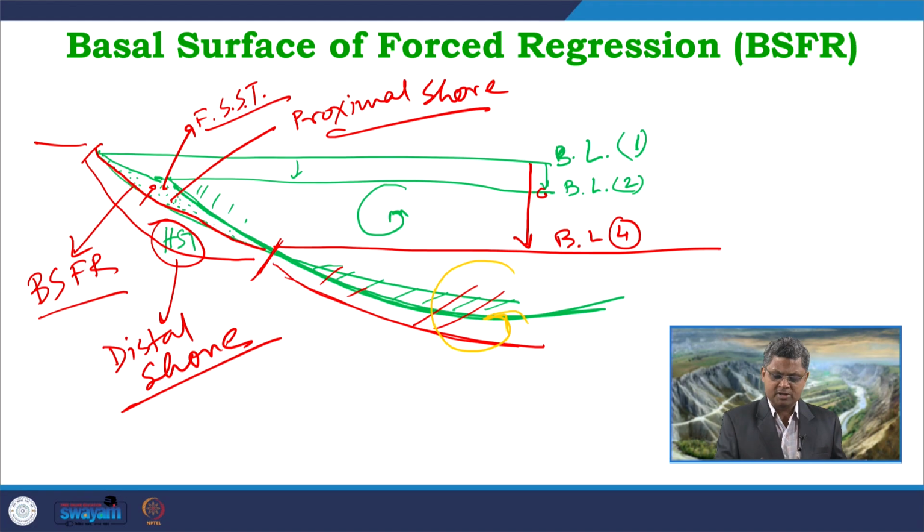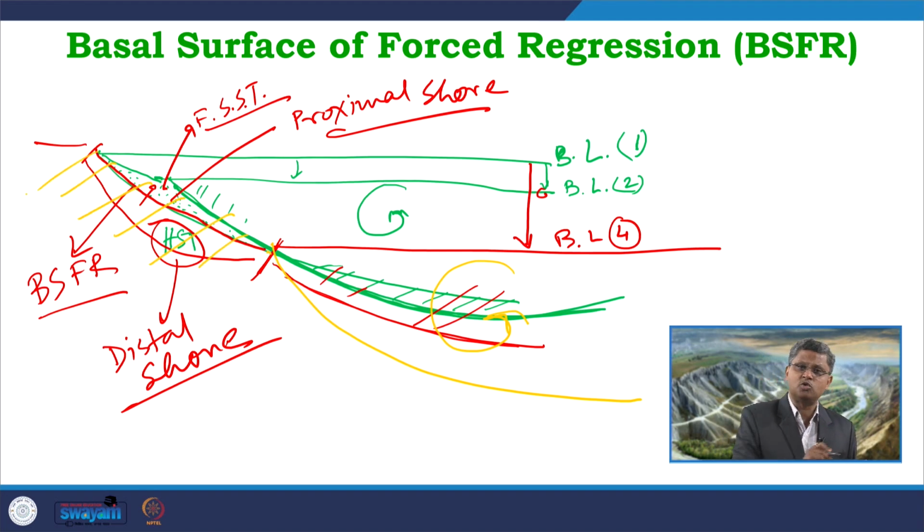Due to this much of wave reworking, the new wave equilibrium profile will be something like this, and this part is entirely exposed and it is prone to subaerial erosion or bypass. So, we will get a subaerial unconformity form over here, which may lead to removal of this basal surface of forced regression, and also the removal of the forced regressive package that was deposited during the early phase, during